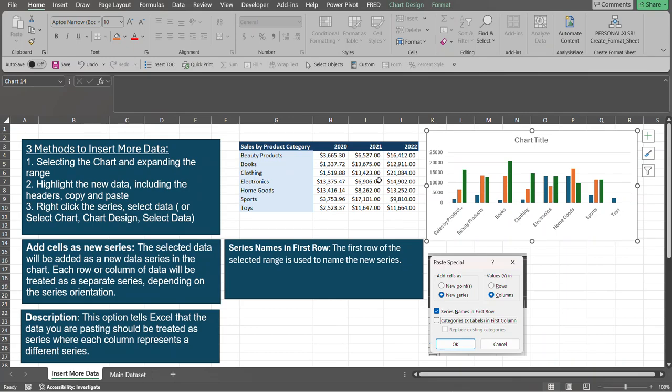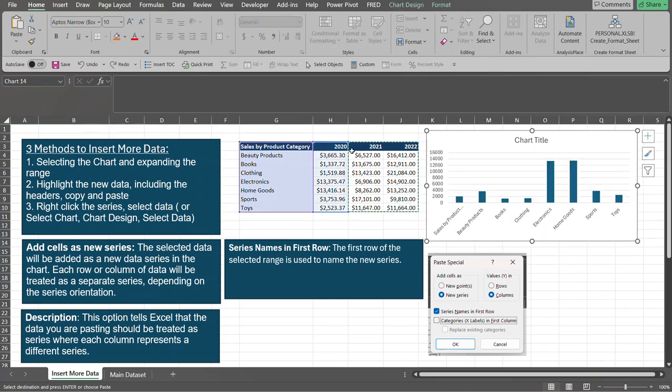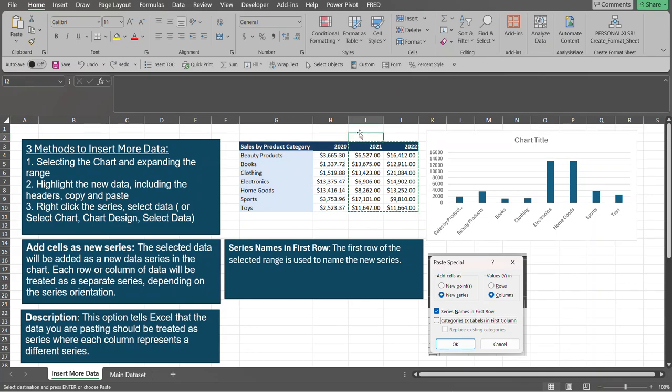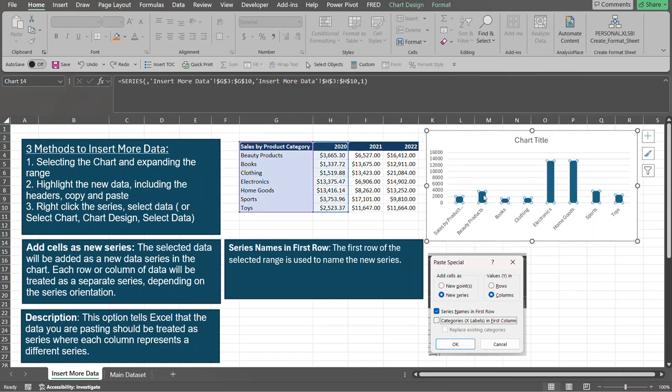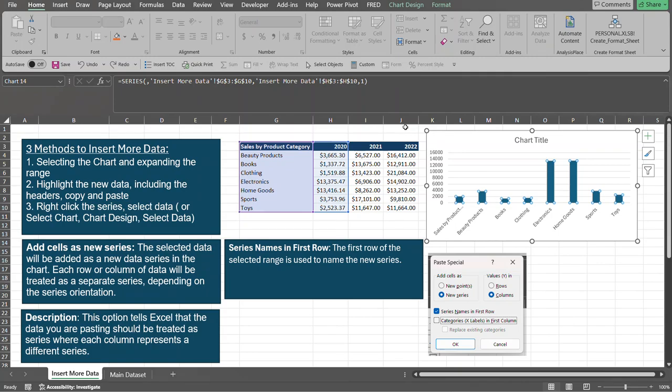So let's Control Z out of this. Okay. And then Escape to undo the copy. And now another way to do it is right click the series and select your data. And you could do it multiple ways, by right clicking your series and selecting data,